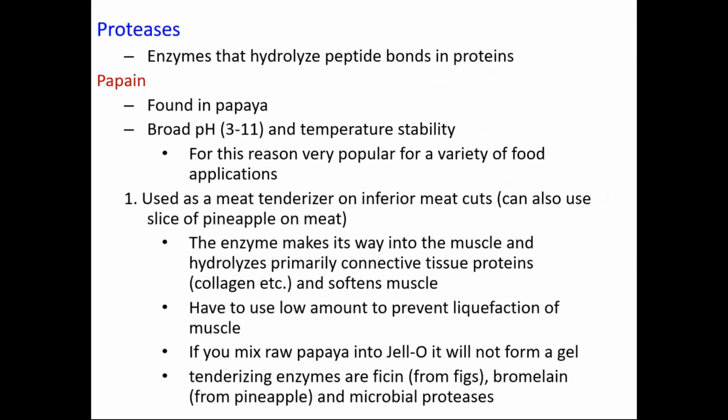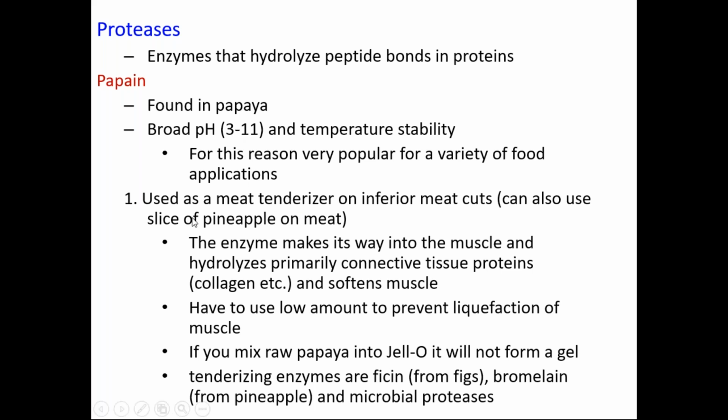Proteases, as I showed in the earlier slides, are used to break down the peptide bonds. So papain, which is got from the raw papaya, if you have plucked a papaya, you will see the milk which oozes out from its stem. That is a very rich source of papain, and it is sold. It has an optimum pH between 3 and 9. You can use this at very low pH.